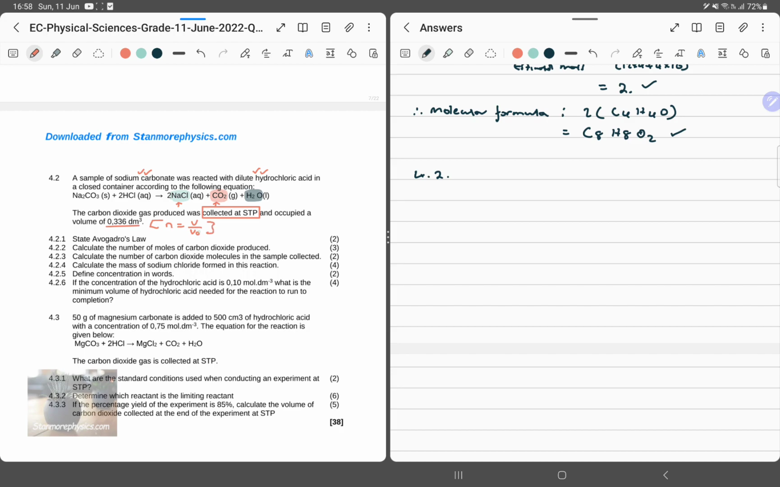Because now once we have the volume, we know the molar gas volume, we will essentially be able to find